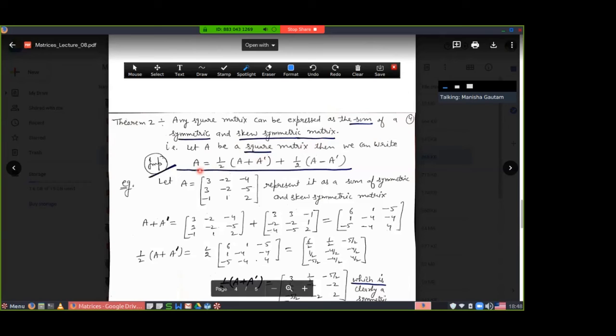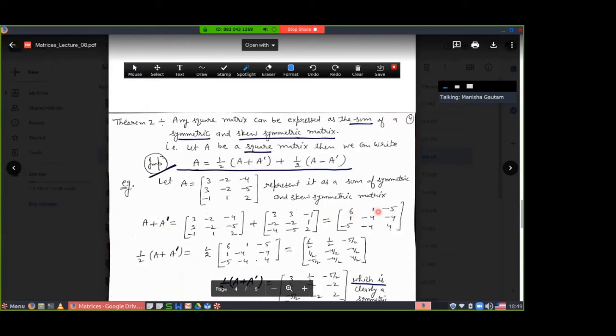Now here is the property. A can be written as the sum of half of A plus A transpose and half of A minus A transpose. The first part, half of A plus A transpose, will be the symmetric matrix and half of A minus A transpose will be the skew symmetric matrix. It means you are adding symmetric and skew symmetric and getting matrix A. Let's take an example. A has elements 3, minus 2, minus 4, 3, minus 2, minus 5, minus 1, 1 and 2. For the first part, half of A plus A transpose, first of all you have to calculate A plus A transpose. Add A and A transpose,